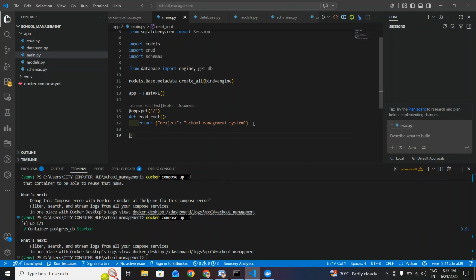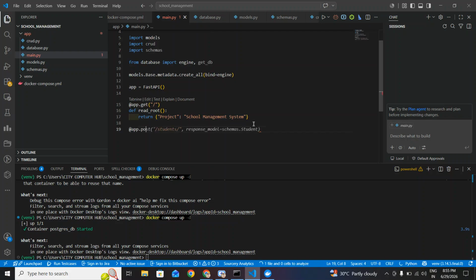Okay, I will show you how it is running and hitting the endpoint and getting this output in our browser. I have shown you in the previous projects also, and I will show you here as well. And apart from this, let's create a simple post API to create a student and add that student to our database. Okay? So we will simply create